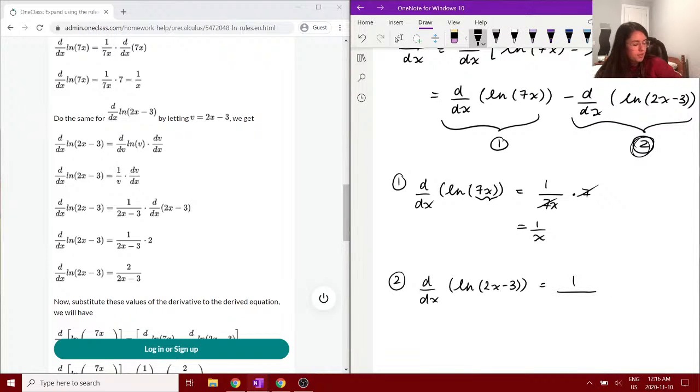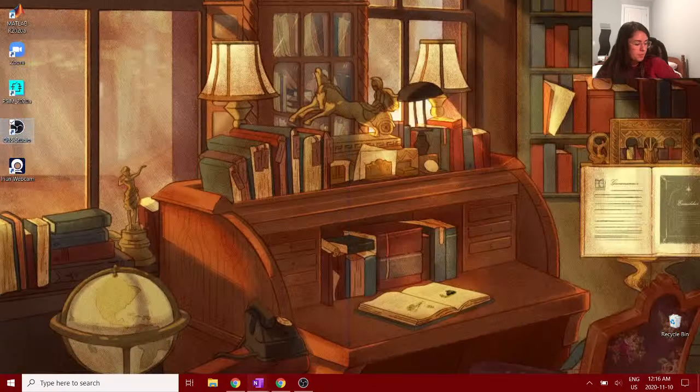And it's the same process, like I said. The derivative of an ln function is just 1 over the argument, in this case 2x minus 3, times the derivative of 2x minus 3. So the derivative of 2x is 2, and the derivative of minus 3 is just 0. So it would be, oh,